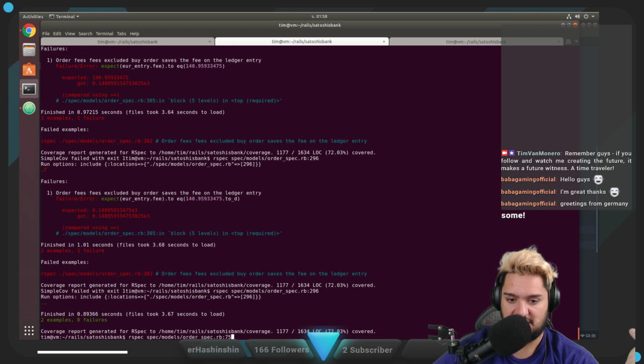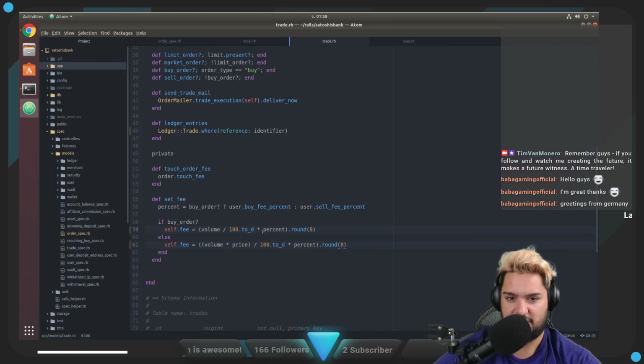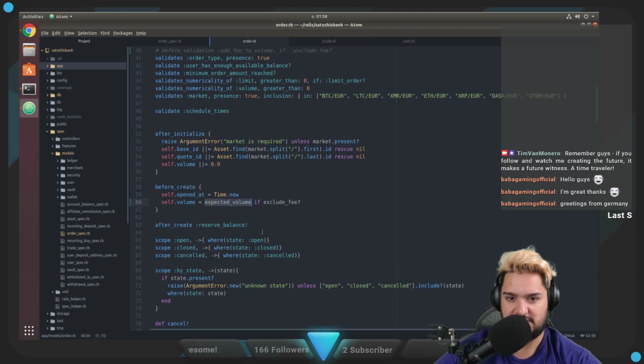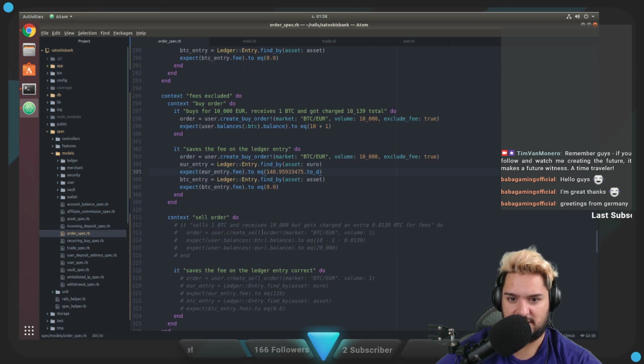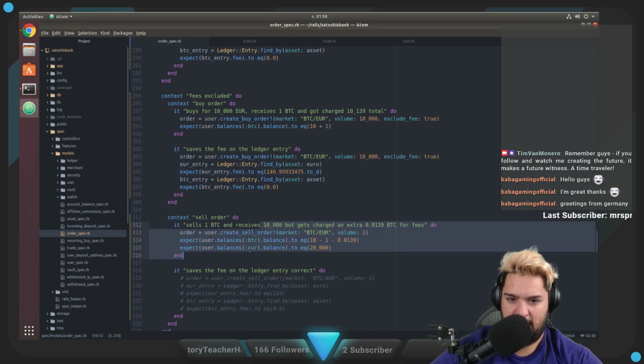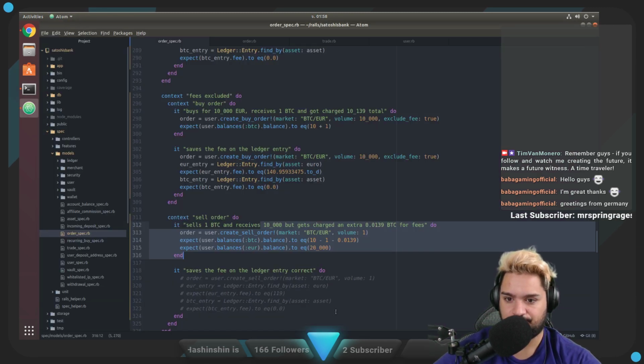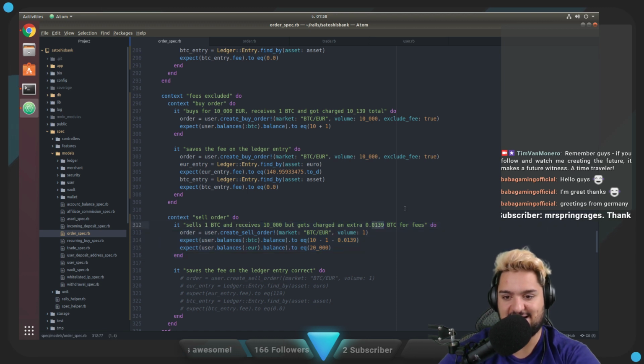The functionality is there indeed. Let's go for sell order. Interesting about that. 312. This will fail. But it gets charged an extra. Okay, for sell order we don't